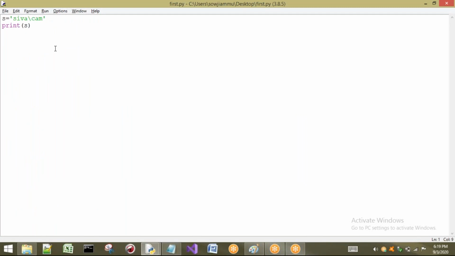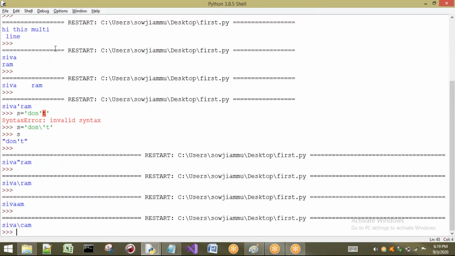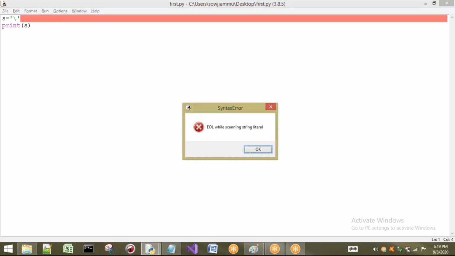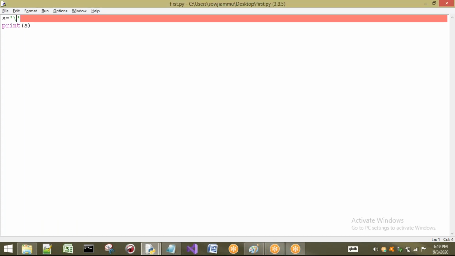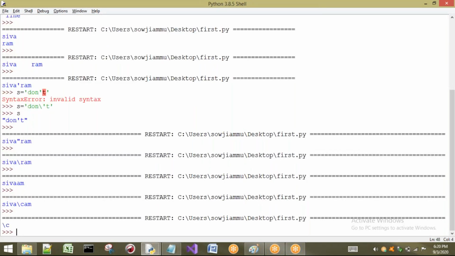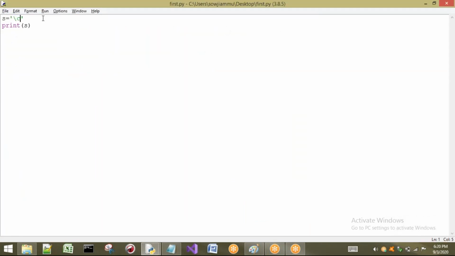C is there. In that way we can go for different backslash symbols. We can also write a backslash as a character. One thing you have to observe is that backslash is also a character. Without writing all these directly, if I write a slash, let us see what happens. Compulsorily, for a backslash we should have some literal. Slash C, let us take. It is going to print slash C. That means some character should be there so that it will be printed.